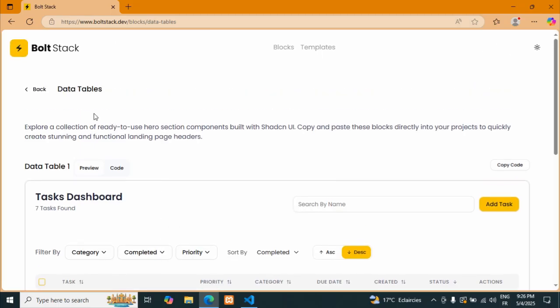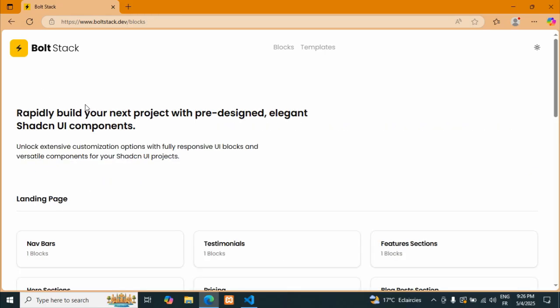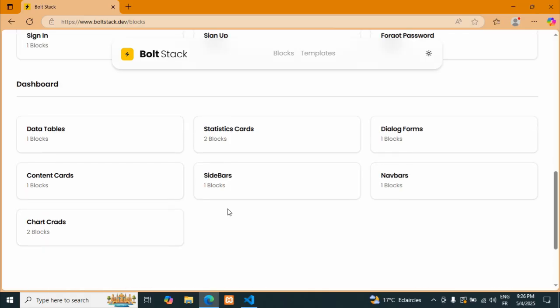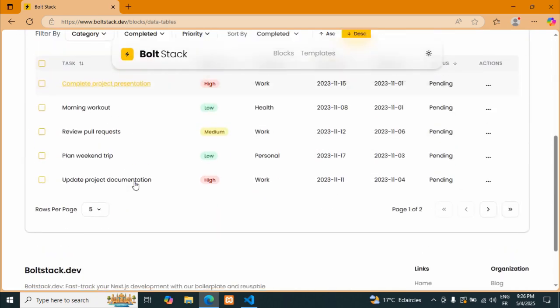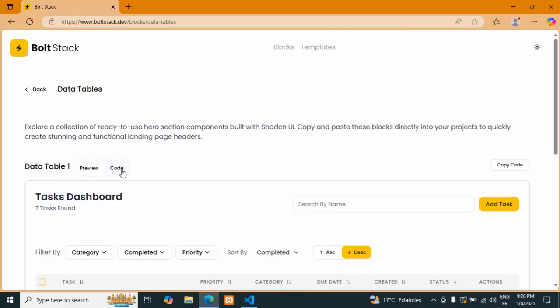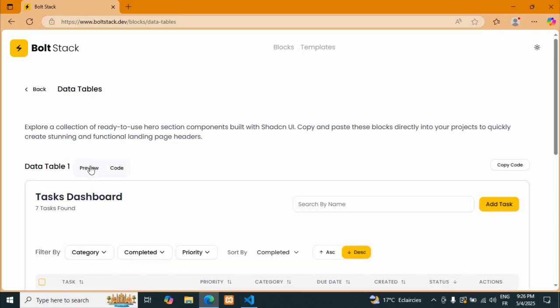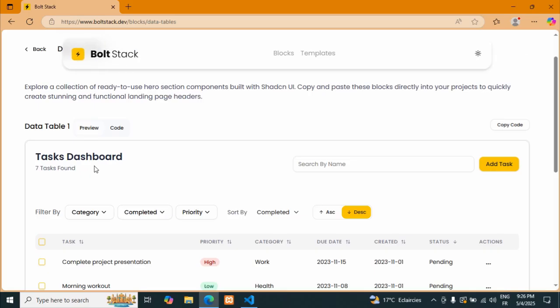So to be able to access this table, all you have to do is go to the blocks section of the Bolt Stack website, and you will find many elements or components, reusable components that you can use. Everything is provided for you guys for free. So go to the data table inside the dashboard section and click on data tables. And all you have to do is just copy the code and paste it into your project. So I'm going to share with you this, but first I want to just talk about